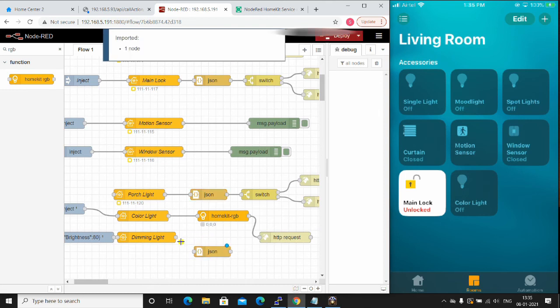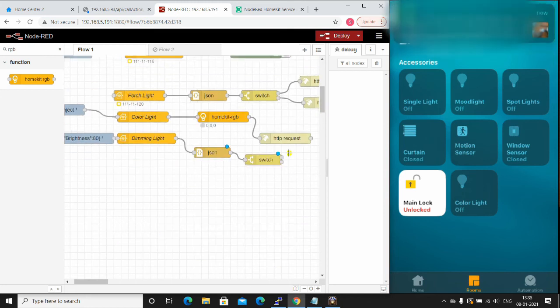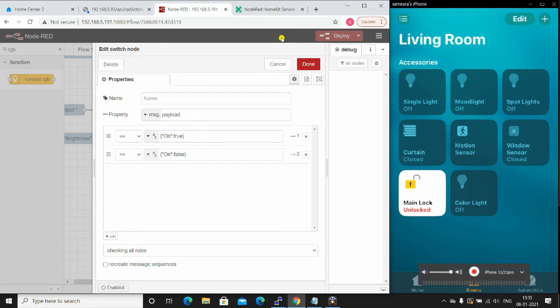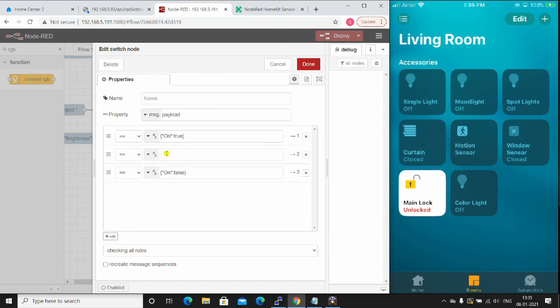So the dimming light, it's similar to the on-off device, except we have one more condition to handle. That is not just on-off, we also have to handle the brightness condition. So we'll be adding one more rule, not just on equal to true and on equal to false. We are going to be adding one more rule called brightness.